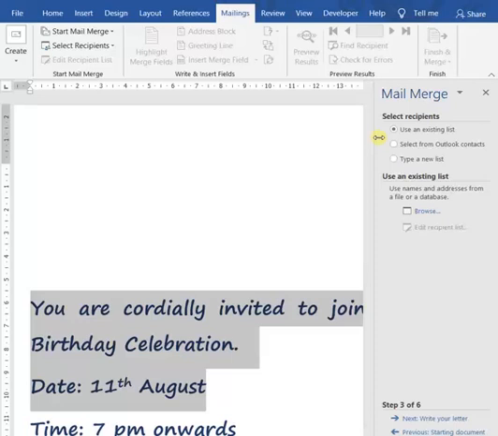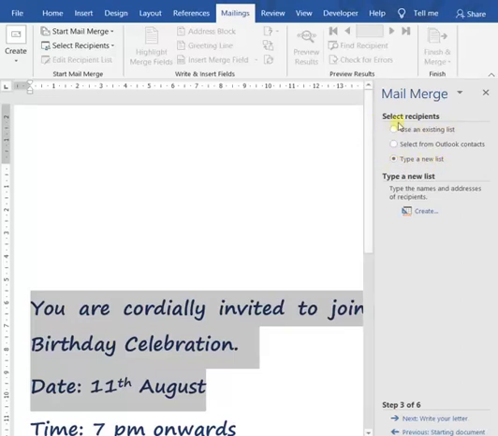Otherwise, if we want to create a new list, we can click on type a new list, and this select from Outlook contacts. This is different. Those who have the Outlook email contact list, they can take it from the Outlook email contact list. We generally require this one, use an existing list and type a new list.